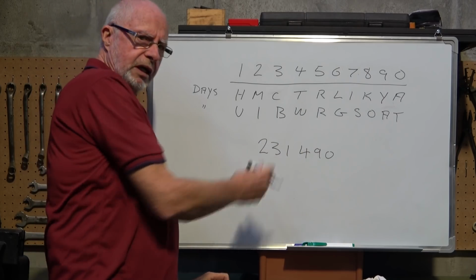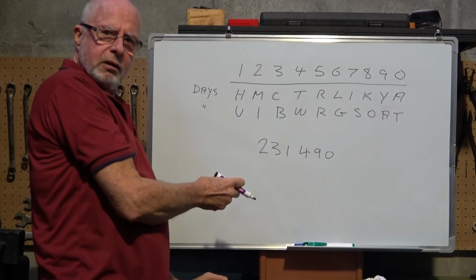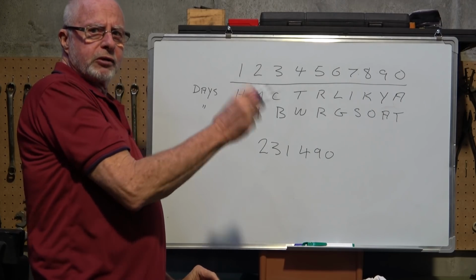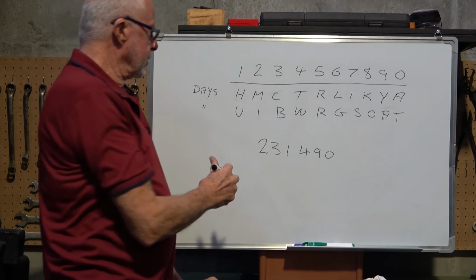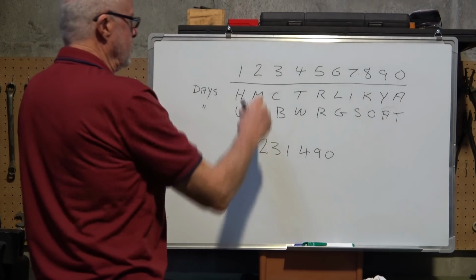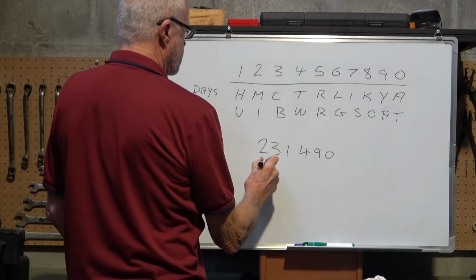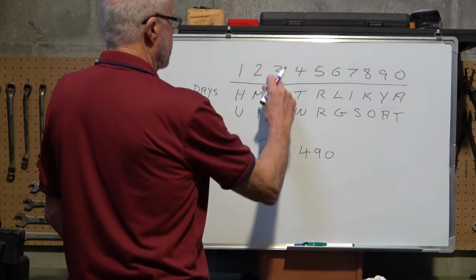We wouldn't give it to him in clear. We would give it to him in code. And then he would plot it on the map in the ops tent. So on that day, 2 would be Mike, 3 would be Charlie,